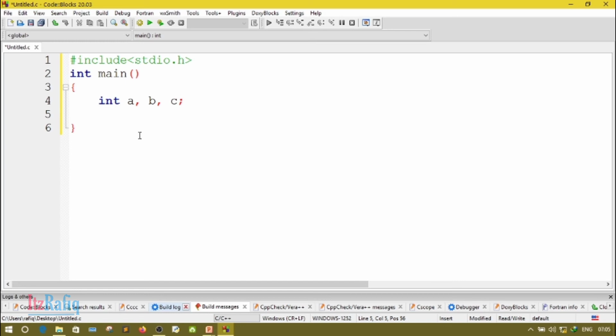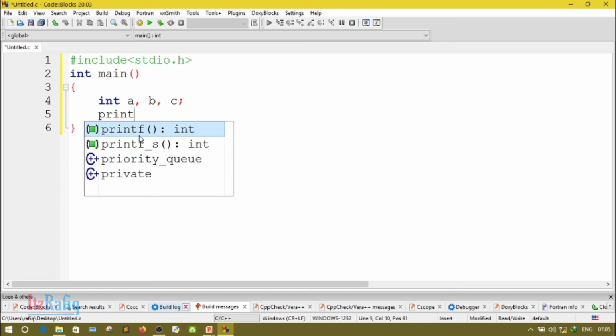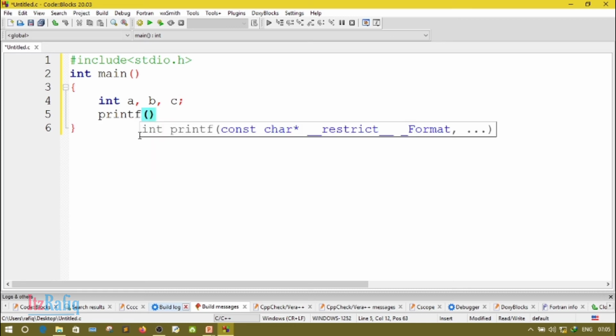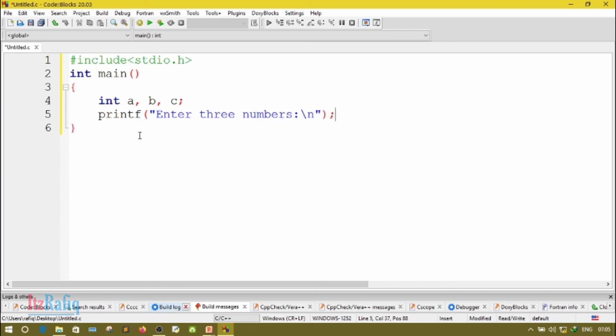So printf, enter three numbers, and \n to enter a new line. Now semicolon, next line, scanf,